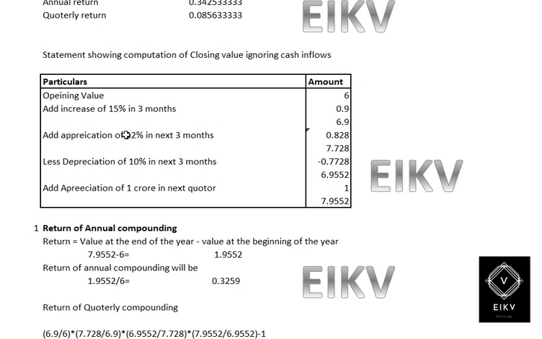After that, we have an appreciation of 12 percentage, which would give you 0.828. When we add that, it would be 7.728. Then we have a depreciation of 10 percentage in value. 7.728 into 10 percentage, deduct such amount, it would be 6.9552, and then we have an appreciation of 1 crore would give you